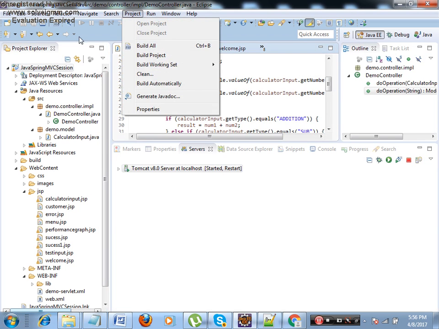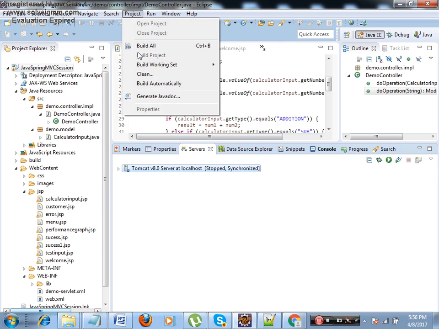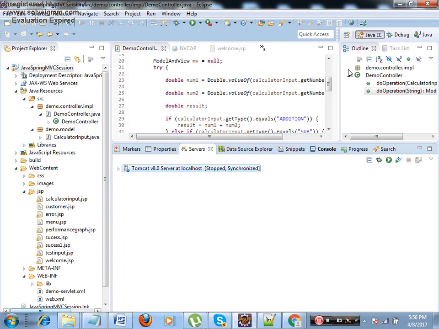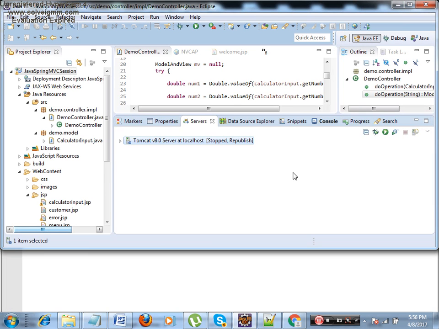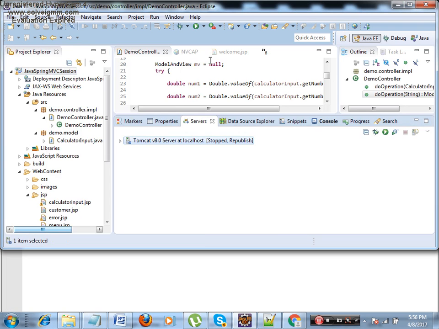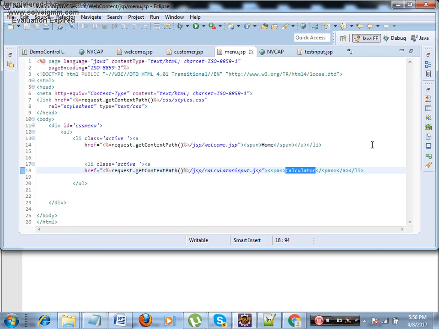Please stop the server because I have changed the Java code. Let me rebuild the project, clean. Now let me rerun. I have given test1.input, but how to go to that page?